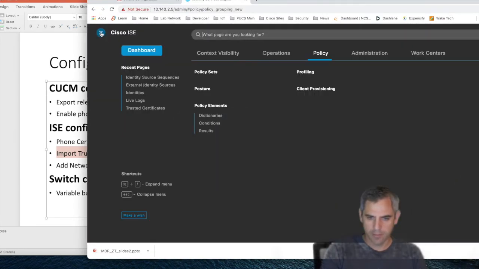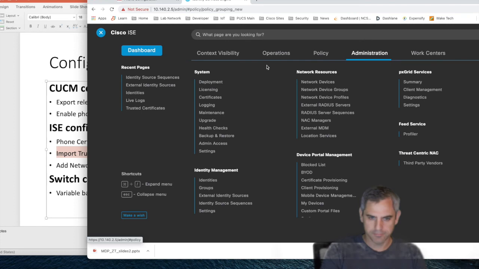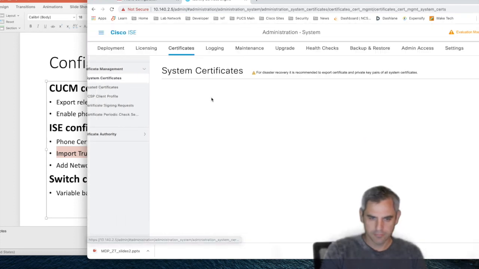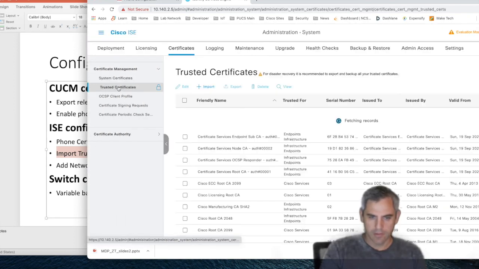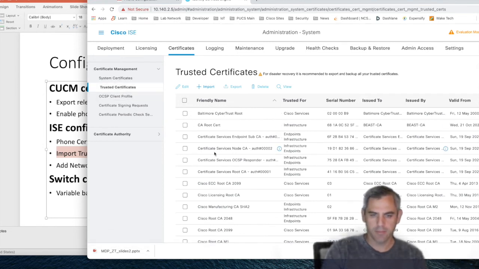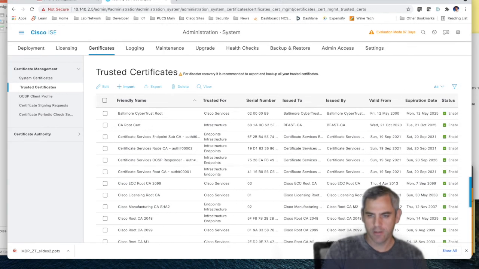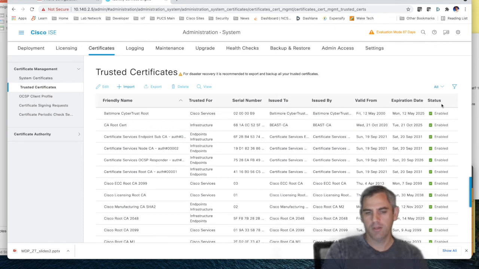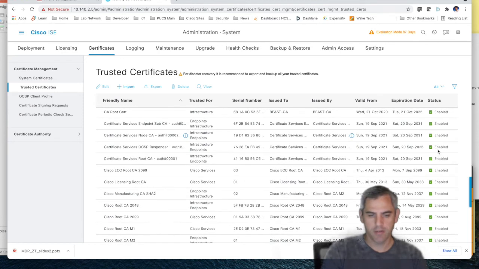And that is under Administration and System. If I had my certificates, I would simply click on Import here and import the certificates. By default, you'll see on the right, they come in disabled. So once you import your certificates, like your manufacturing CA, or I think in the example I gave you,